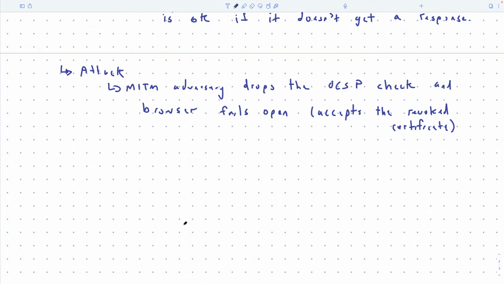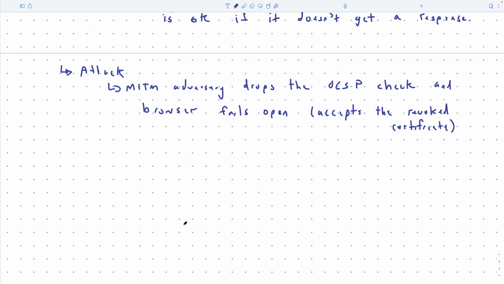Yeah. Okay, now the user says, okay, that's really scary. Now you've scared me so much that I'm going to go into my browser and find the setting that says don't fail open, right? Wait for those OCSP responses, and if they take 5 seconds, they take 5 seconds. And if you never hear back, then just don't load the page, or load it without the lock or something like that, and try to show me that there's something wrong, and I'll make a decision at the time. Okay, and so that's fine.